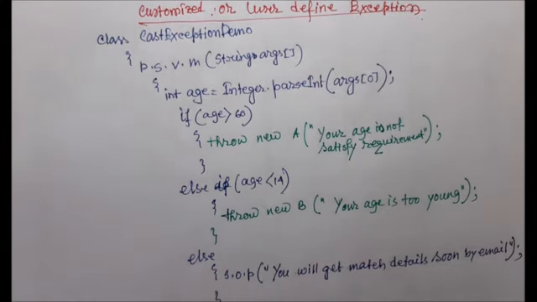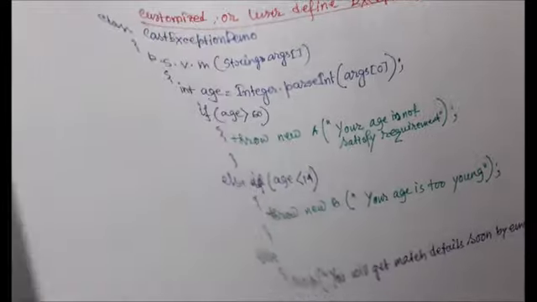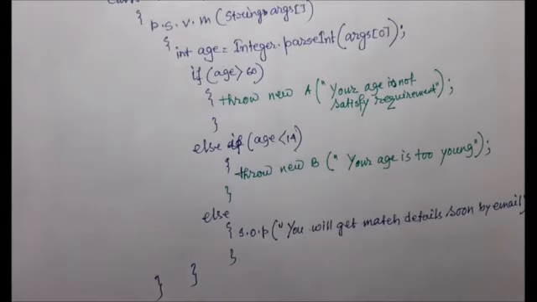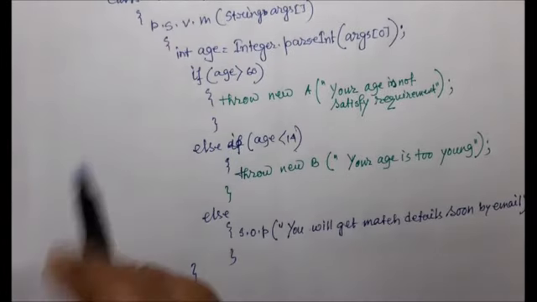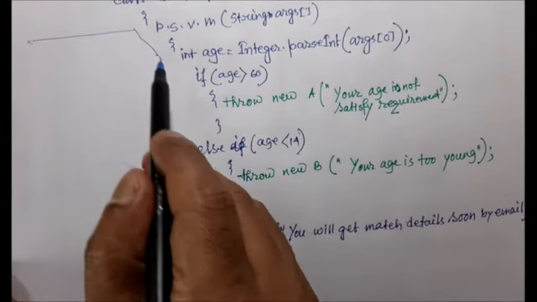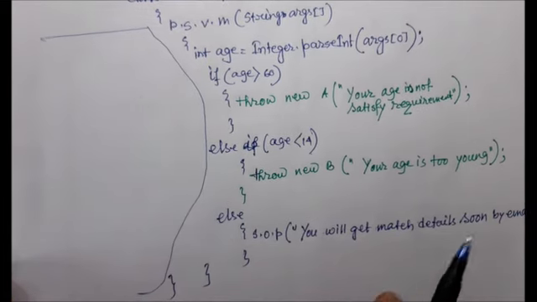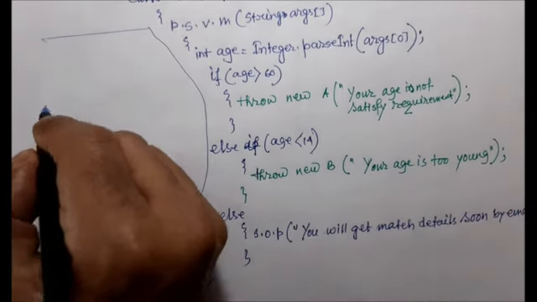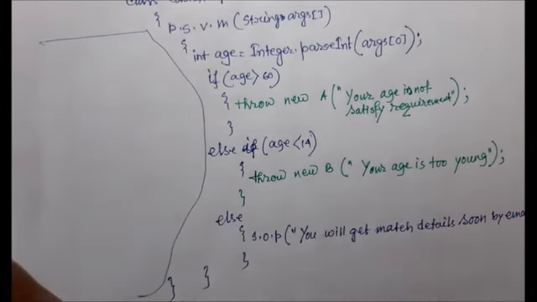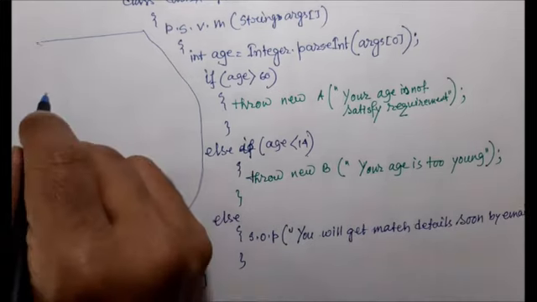Now how can I declare the customized exception? Let me take this place so that you can understand, because I am just writing here, because this example I am going to analyze. Whenever I want to create my own exception, then it is called a customized exception. So let me take a simple example.